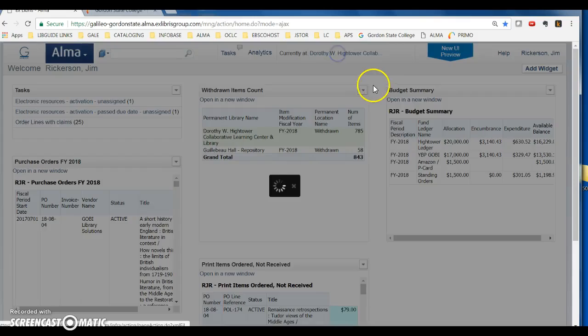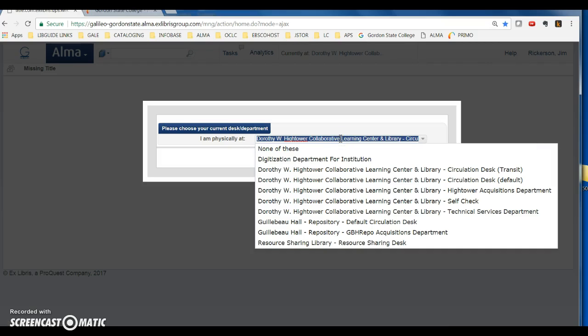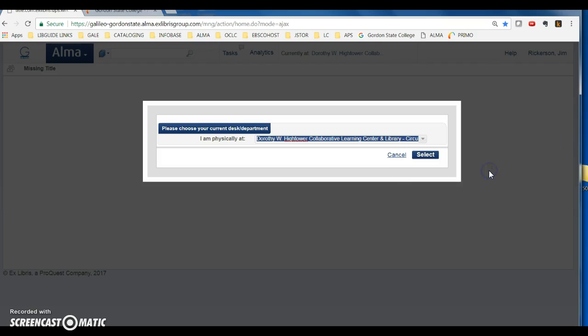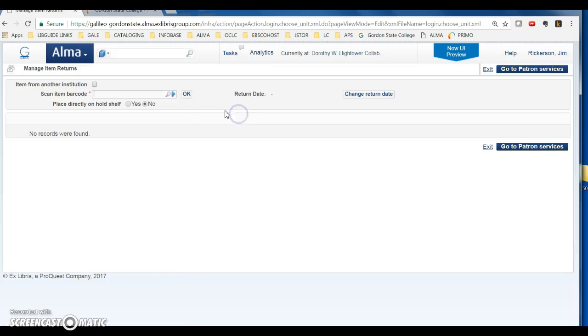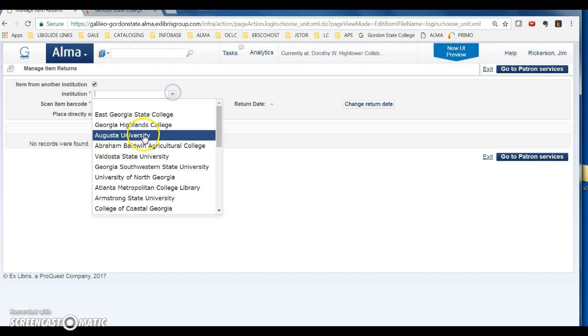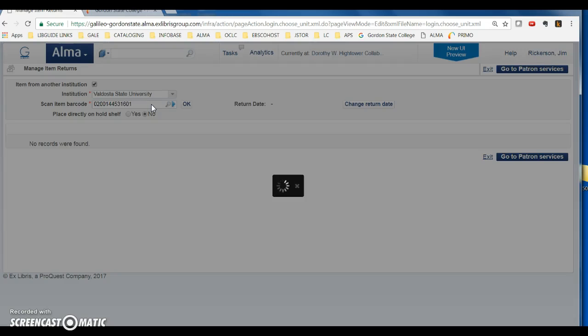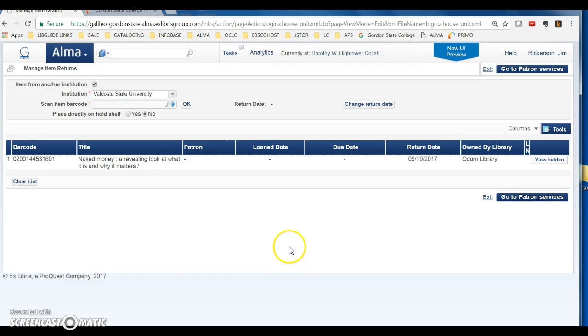What you're going to have to do, in order to get this to print out at the front desk printer, is select circulation desk transit, click select, and then go to return items and pick the other institution's name, and then scan the barcode, which is somewhere in the book, and it'll tell you the item's destination, and you're going to have to wait about maybe 2 or 3 minutes,